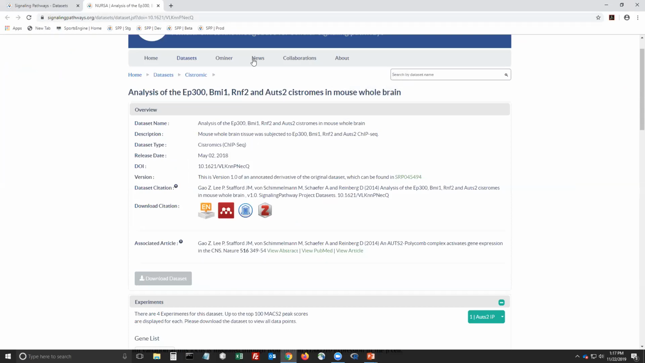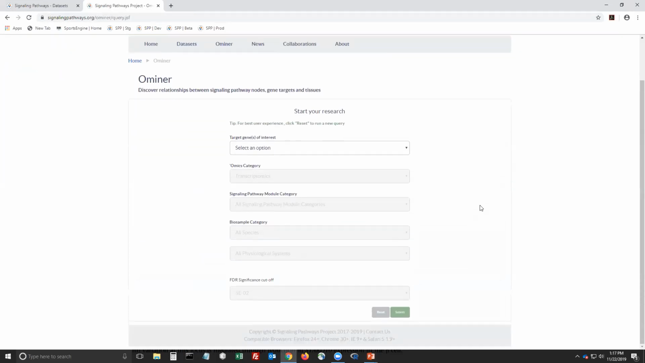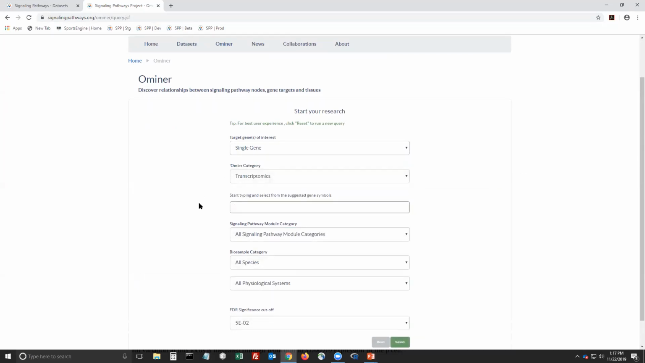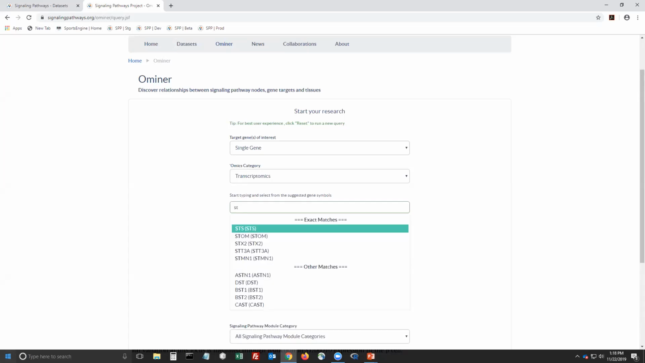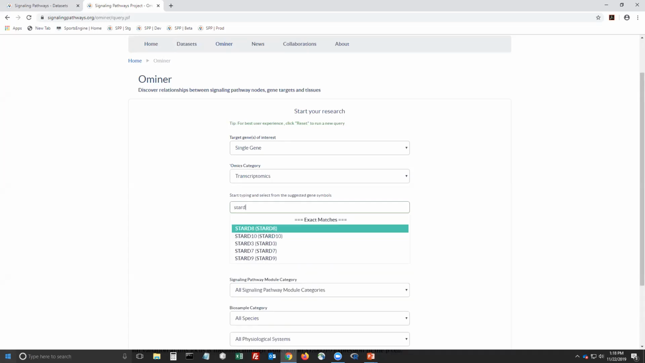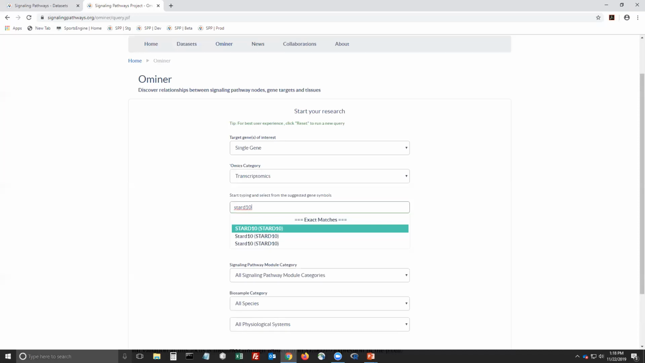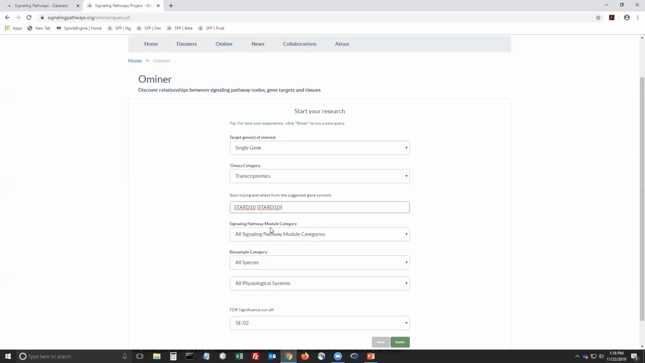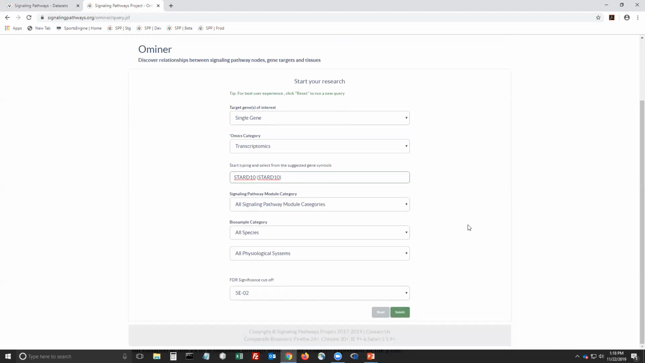So let's go to OMINER, and to do a single gene search, we're going to use our drop-down and select single gene. We're going to select our omics category as transcriptomics, and we're going to begin to enter a couple of key letters of the gene that we're interested in, STARD10, and select that from our exact matches. For purposes of this example, we're just going to keep everything at default, but know that all the results were at least a p-value of 0.05 or less. So we click the submit button,